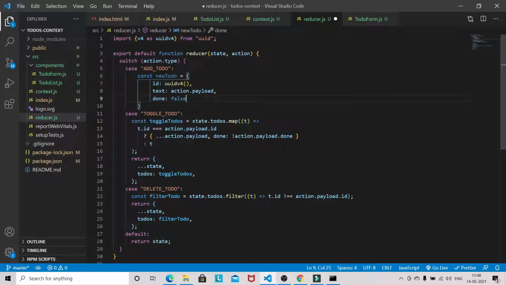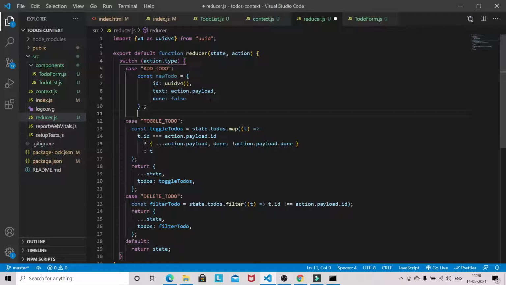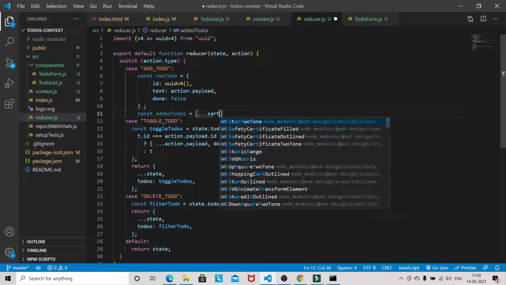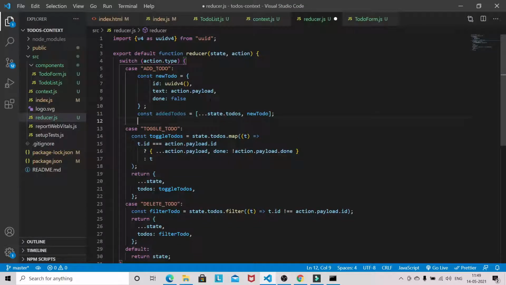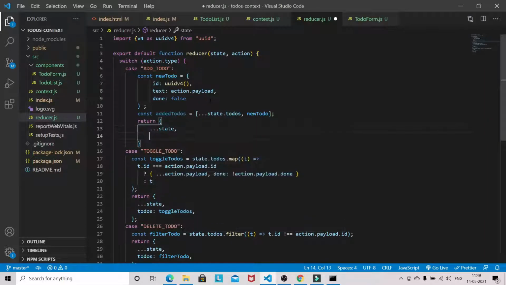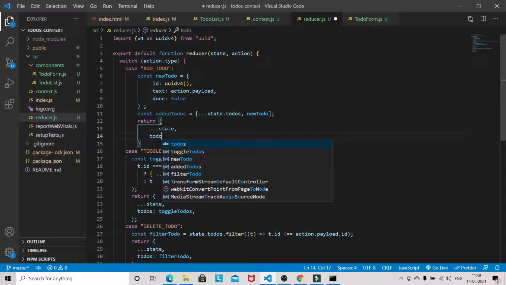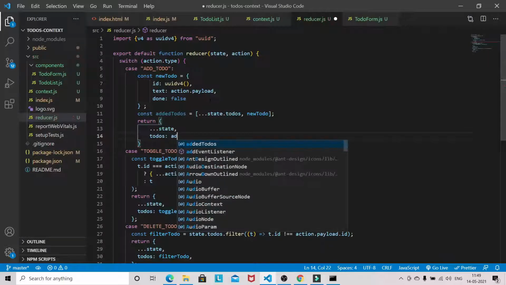So now we will define the addedTodo equal to, so we will spread out state.todo and append this new todo, and we will be returning the state, todo and addedTodo.